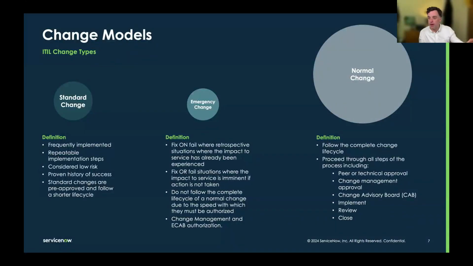And what we do is we review those changes as a group from time to time, periodically, or when something breaks because of them. And we decide whether we want to carry on doing it with no approval. And the problem with that is, if it's not a standard change, it's got to fit in one of the other two changes that we've got.